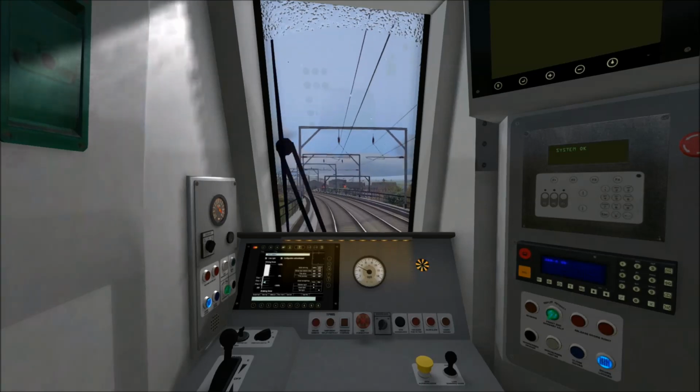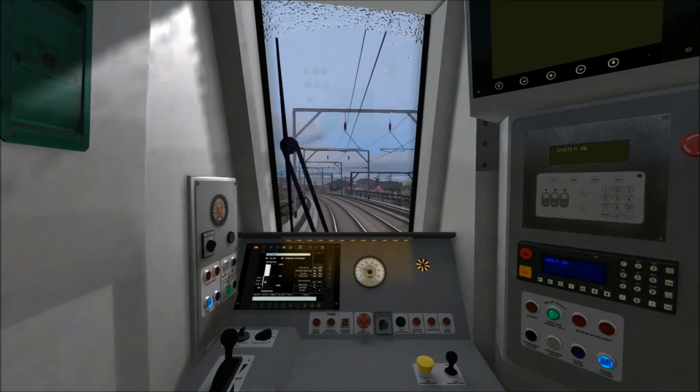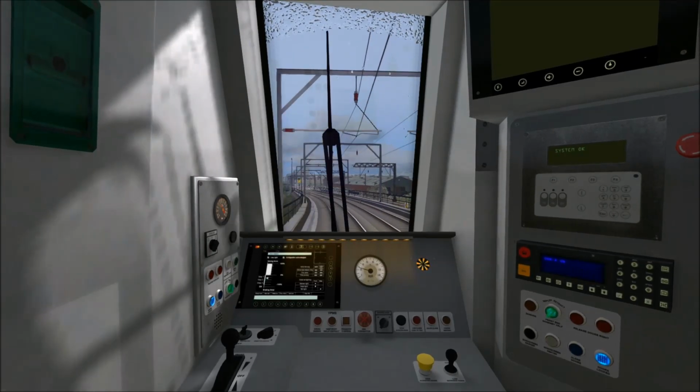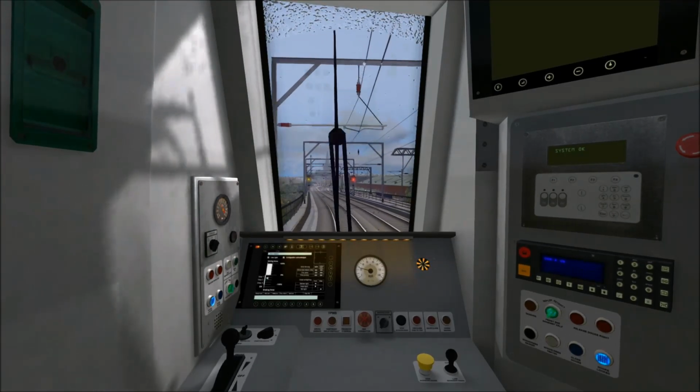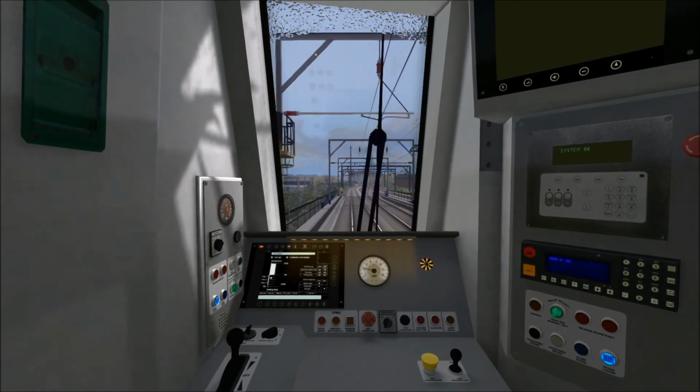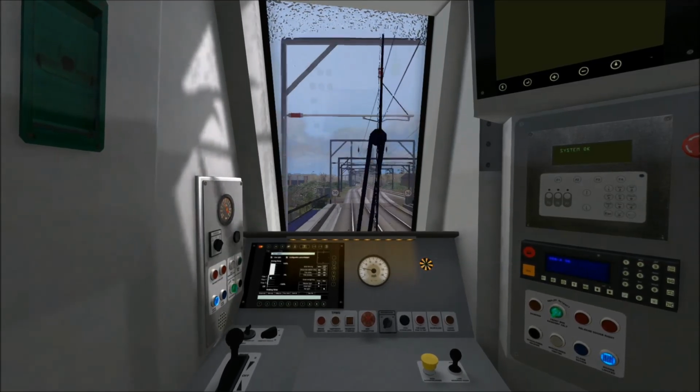I am now increasing to step 2 braking. I initially went into step 1, then 2, and then back to 1, and now we're back to 2 again. Now we're doing just below the 30 mile per hour speed limit, which is coming up. I've reduced the braking to step 1 to ensure that we don't coast above the speed limit due to the